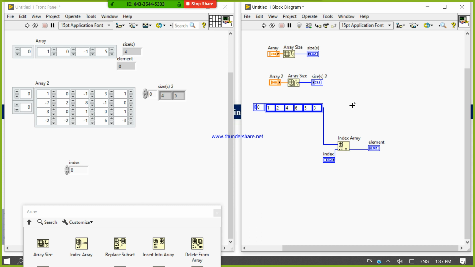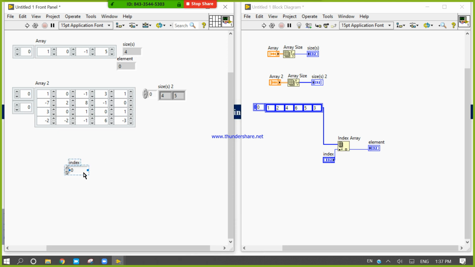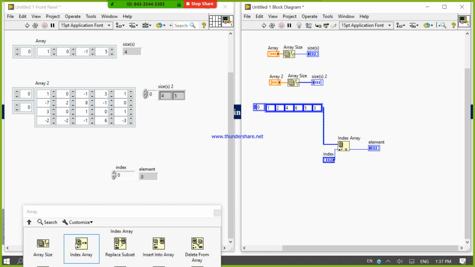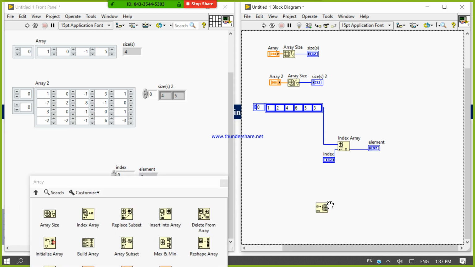Now look here, it is my index value and it is my element. It is just the opposite of initialize array.